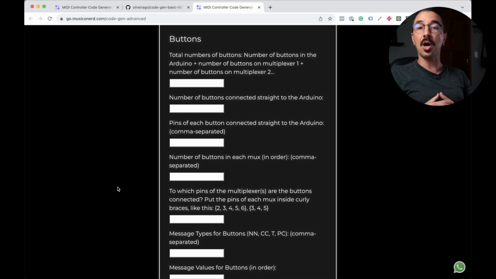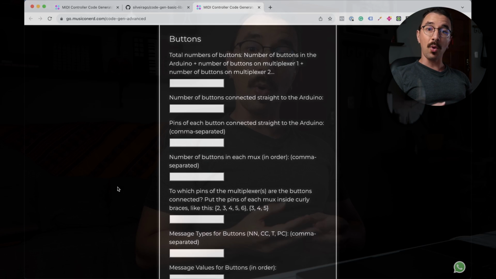Multiplexers are chips that can multiply the number of inputs of the Arduino. For example, each multiplexer can multiply one analog input into 16. You can connect up to 16 components into one analog input using a multiplexer.